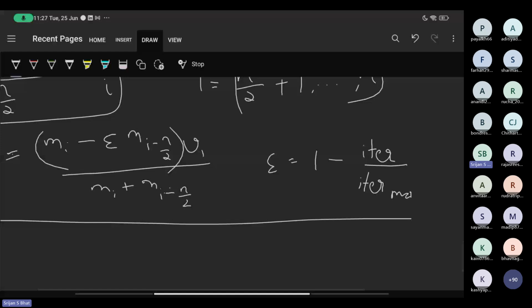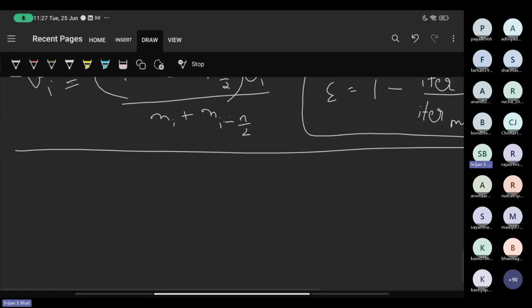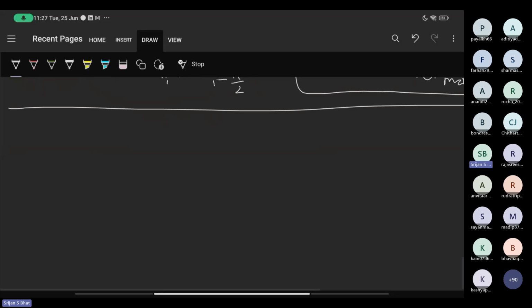That is why we are keeping it such that you are maximizing exploration at first and maximizing exploitation afterwards. So this is about this thing.